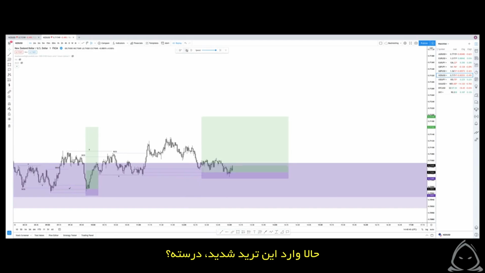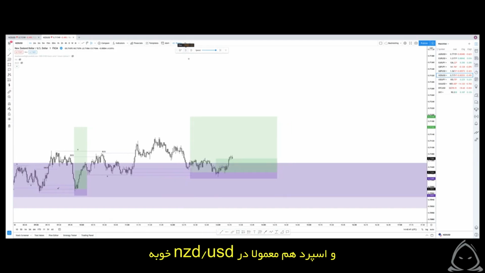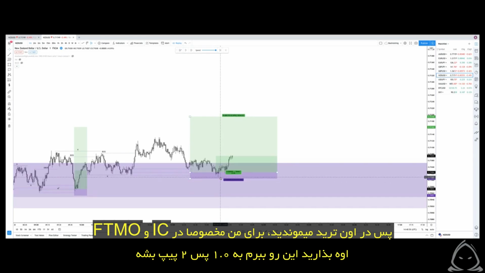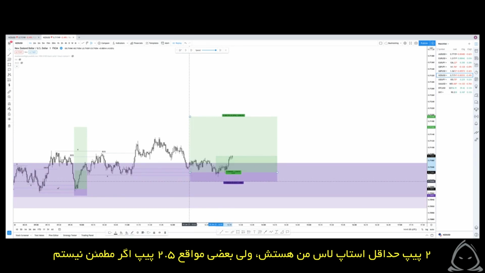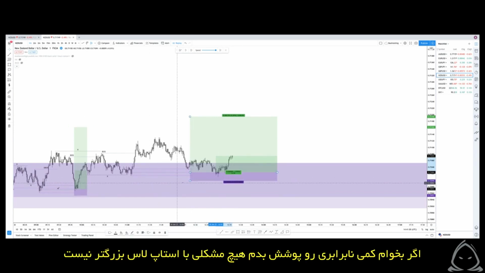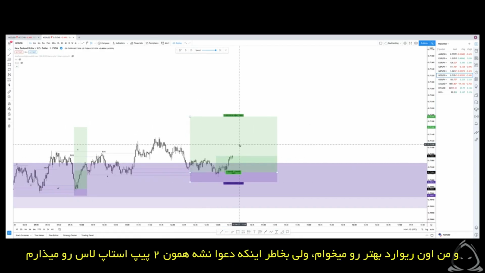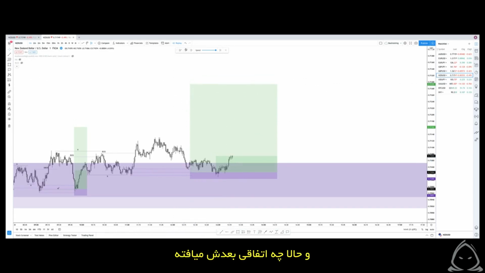Right, so you get tagged into this trade now. And the spread's normally pretty good on NU. So, what's that? 70104. So you'd have stayed in that for me, especially on IC and my FTMO. But again, let's move to 1.9, so 2 pips. 2 pips is my minimum, but sometimes I'll have 2.5 if I'm unsure, if I want to cover some imbalance. There's nothing wrong with them going a little bit larger. I'm just a little bit greedy, I guess, and I want that better RR. But for argument's sake, I would take this with a 2 pip stop loss, and then it's literally about